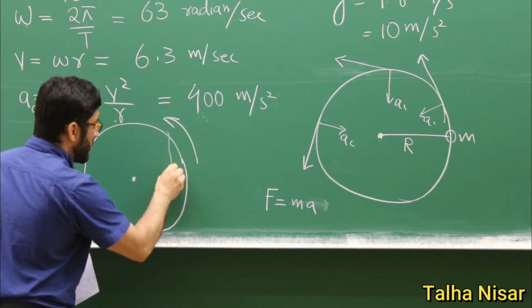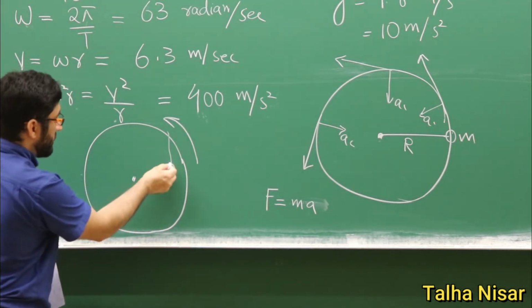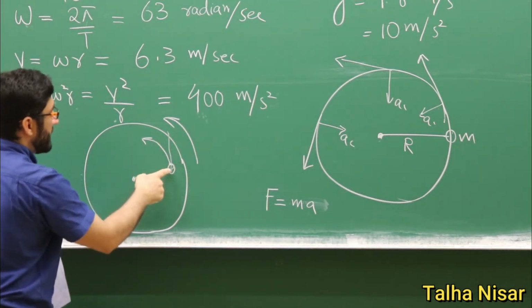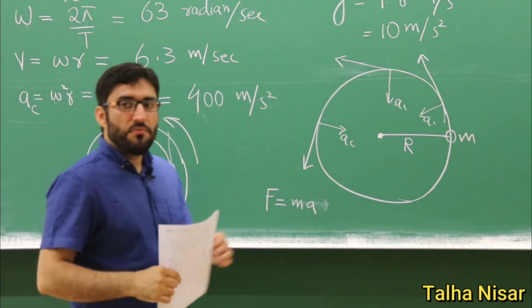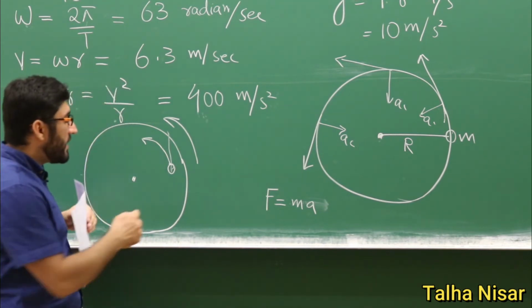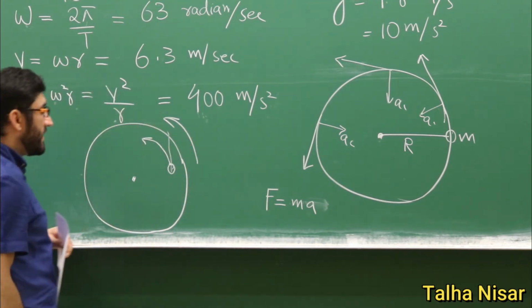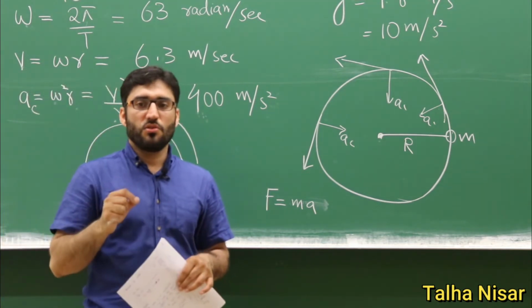But if you are sitting on a chair and it is spinning, you will feel a push from your back. The chair is always pushing you towards the center, and that force is known as the